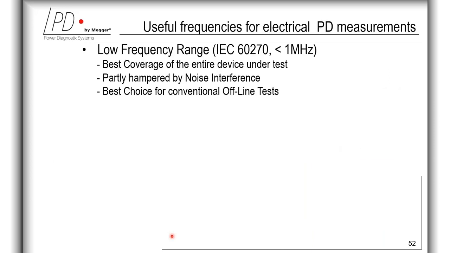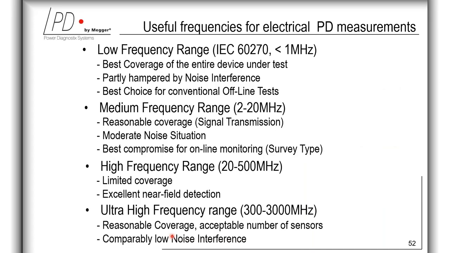And here we will introduce some useful frequencies for partial discharge measurements. The IC range below 1 megahertz provides the best coverage of the entire test object. But here one might face issues with noise interference, and it is regarded as the best choice for conventional offline tests. In general, for post-processing, separating, and displaying of partial discharge pulses, a resolution bandwidth of 1 megahertz is